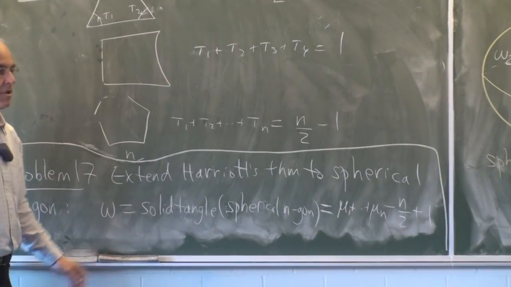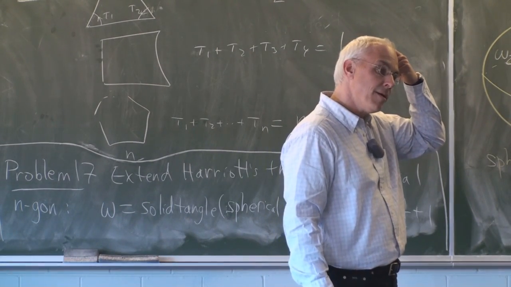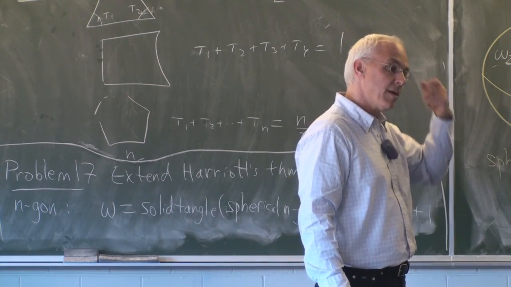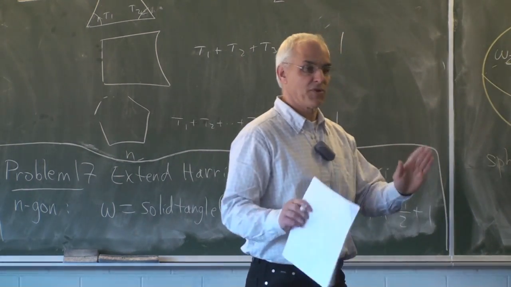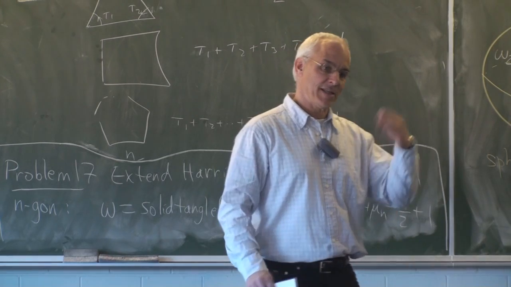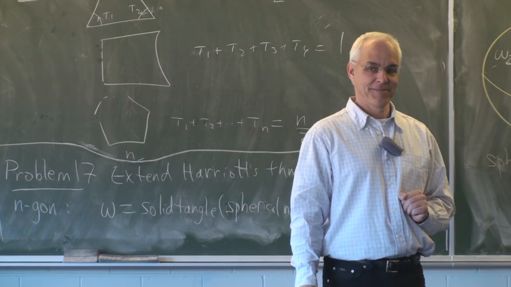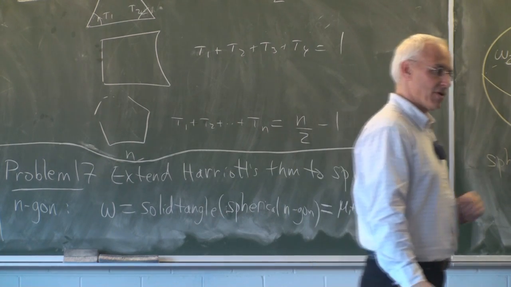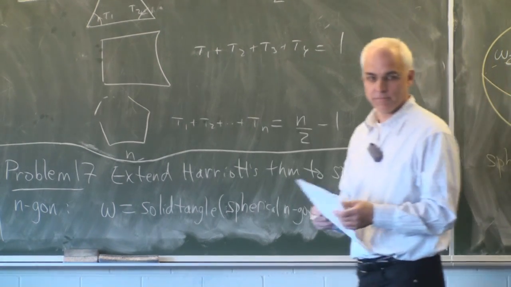What is Harriot's theorem in, how would I describe it, non-rational form? There's just some 2 pi's floating around. So the only difference between this version and the usual version is the usual version has everything multiplied by 2 pi. So I've made the scaling so that everything is just multiplied by 2 pi and you get the classical formulas. Or you take the classical formula, divide by 2 pi, you're going to get the rational form.